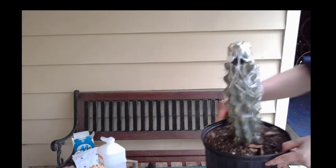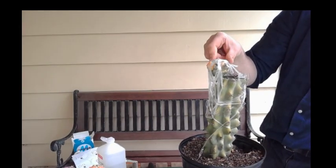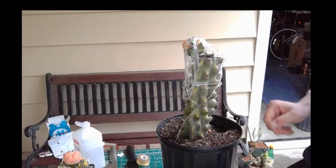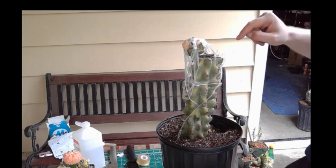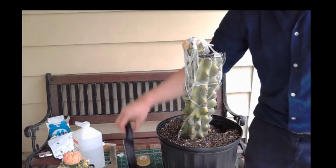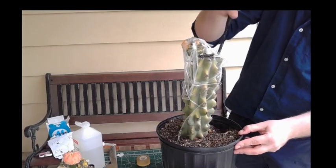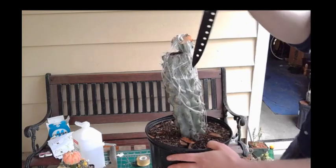Okay, so this is Astro Miro, if Byron can write the exact name down. This is on a Cereus peruvianus monstrose rootstock. And to take the tape off, I will just go around very gently, and I'm just going to cut along the ribs all the way around very evenly,